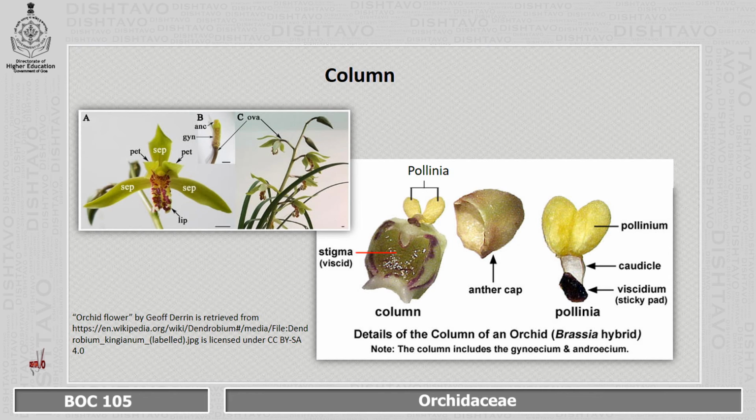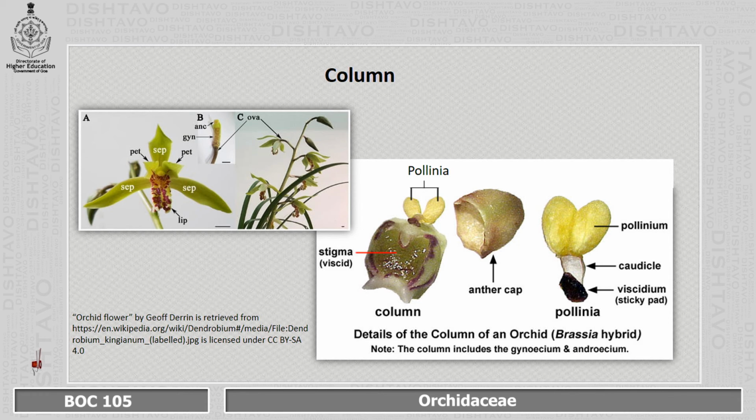Here the detailed structure of the column or the gynostemium can be seen. It has the stigma that forms the female portion, and the pollinia that bear the pollen grains, covered by the anther cap. The pollinium is attached by means of the caudicle, and there is also the viscidium, the sticky pad that helps in attaching the pollinium and the entire structure to the insect,